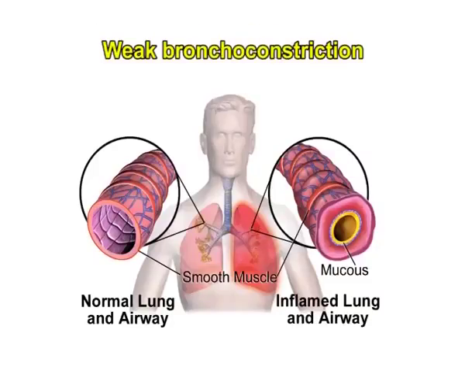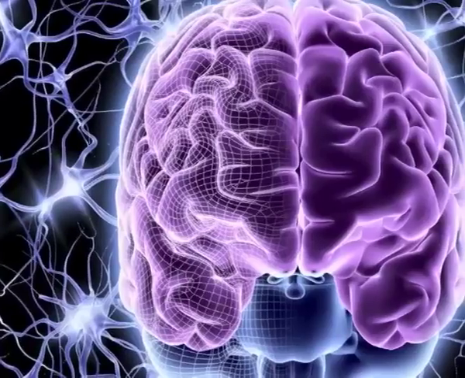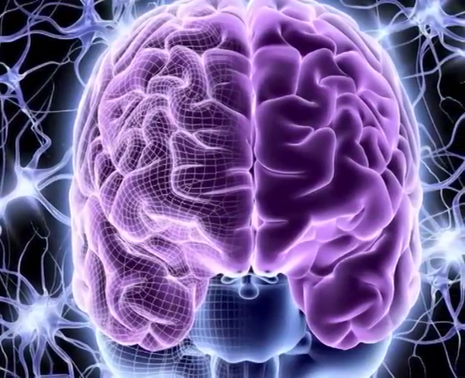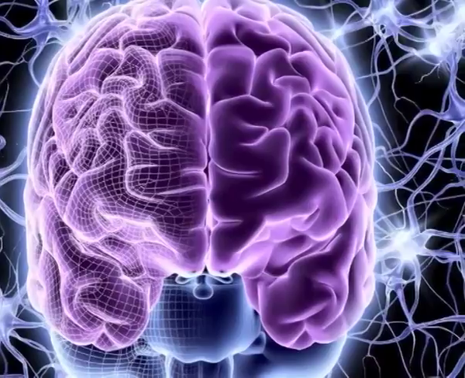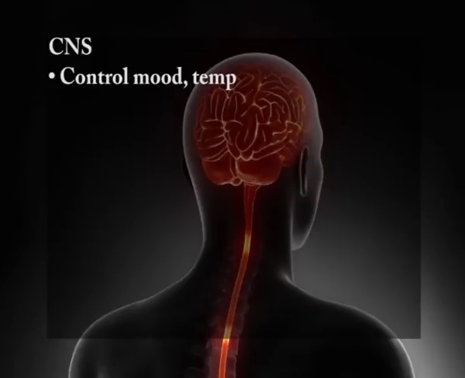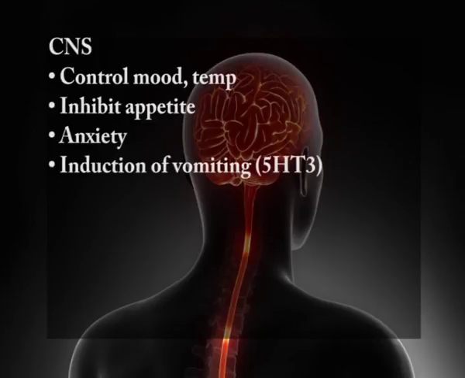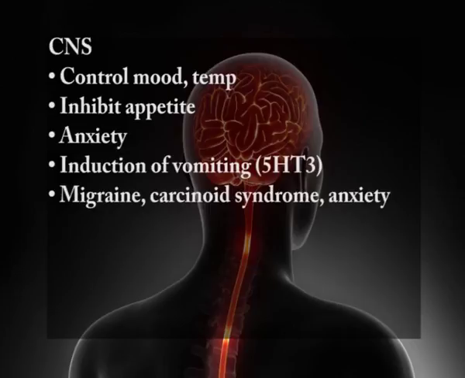Weak bronchoconstriction. Stimulation of sensory nerve endings may induce pain and itching sensation. In the CNS, it is responsible for control of mood and temperature, inhibition of appetite, anxiety, induction of vomiting, migraine and carcinoid syndrome